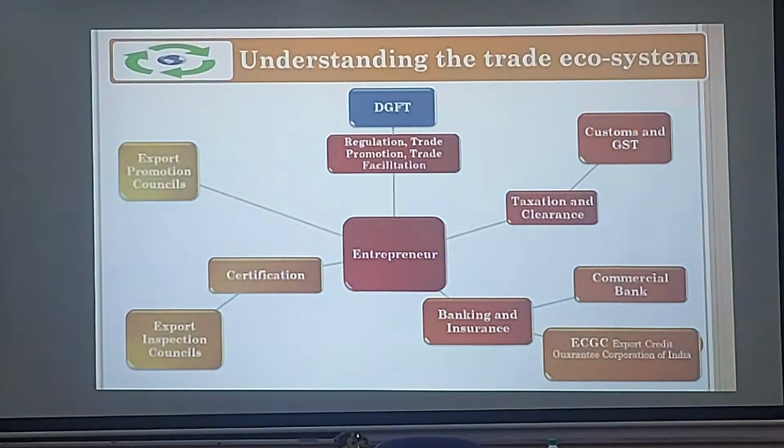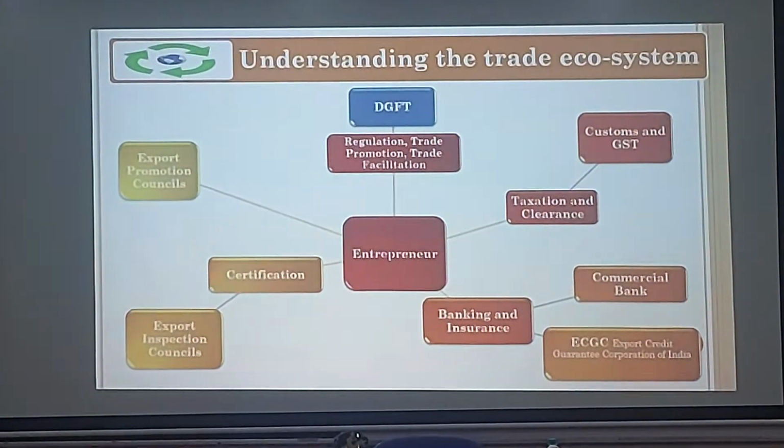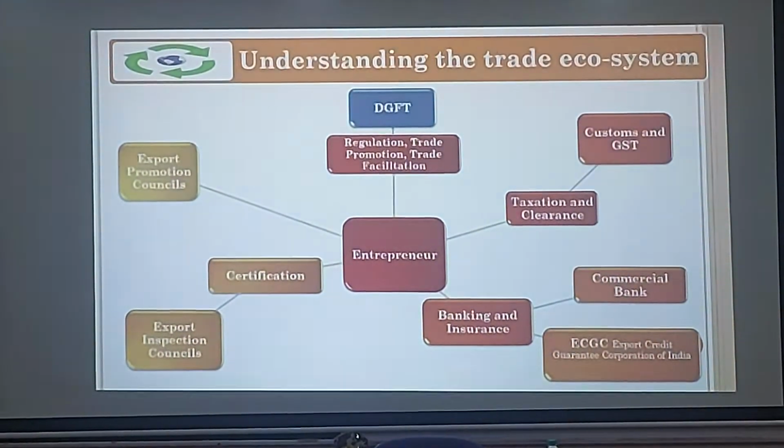Most of the people, they don't know what different roles organizations play. So broadly, there is DGFT, there is customs, there is RBI, then there are port authorities, then there is land customs, then there are banks. Anybody who has an idea of what role is being played by all of these? Broadly, I'll tell you. See, DGFT, the role is trade regulation, trade promotion, and trade